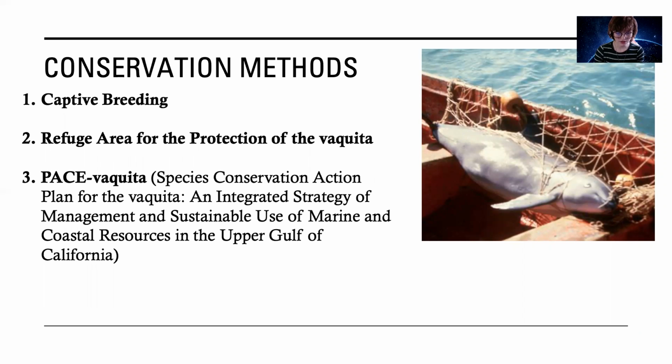2, in 2005, there was a refuge area for the protection of the vaquita. This refuge program had 5 goals: minimize the impacts to the vaquita population while supporting the communities that depend on resources from the refuge area, encourage people to take up other careers or learn to use different technology, increase socioeconomic and biological research, get the community involved in restoration conservation through education outreach, and lastly, implement stricter enforcement of regulations